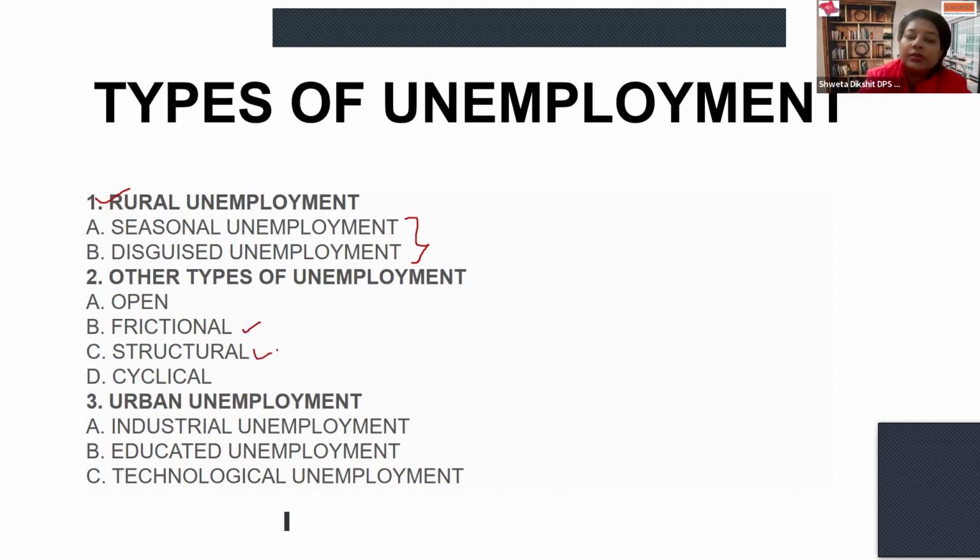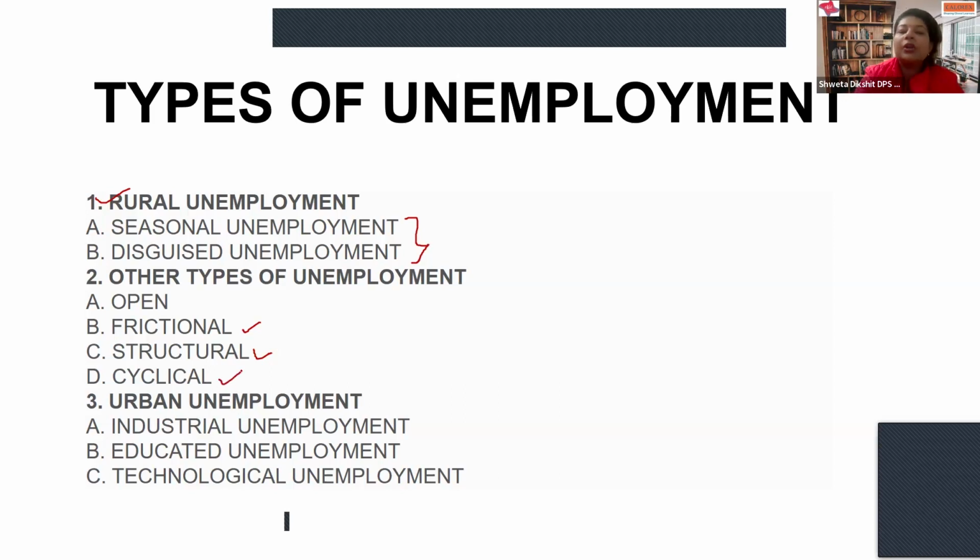This is also employment for a certain period of time during the switch of the job, but this time we do not switch from the same sector to the same sector, but we change from one sector to the other, like primary to secondary, secondary to tertiary. If a farmer wants to become a worker in industry, he has to learn how to operate the machines and work under the industry. The period when he learns about the system of the industry and remains unemployed is known as structural unemployment.